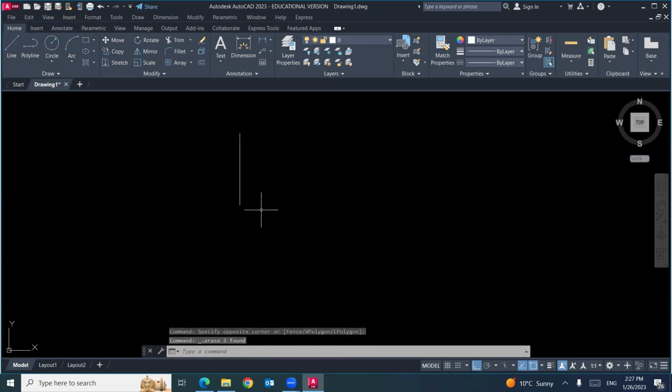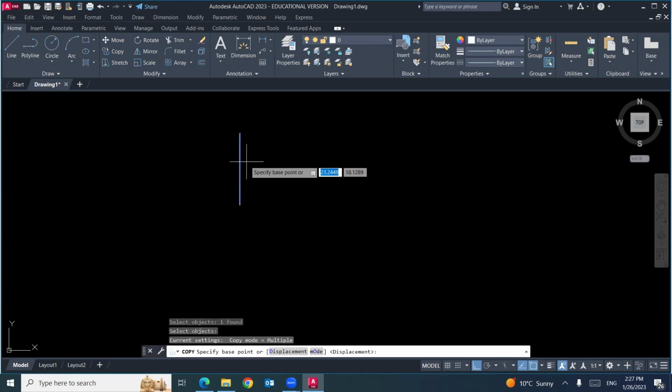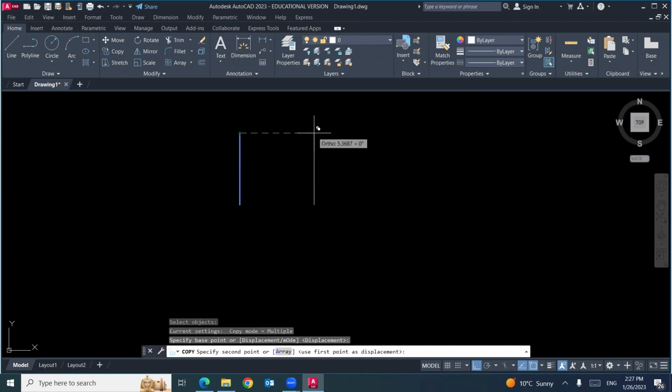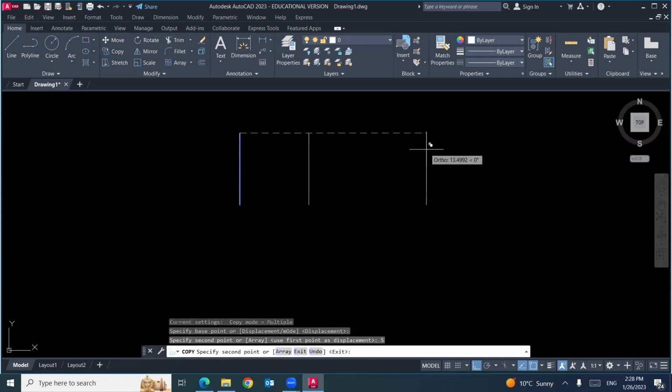You can make a copy at a specific distance. CO, enter. AutoCAD will ask you 3 questions. Select object, enter. Base point, I will catch or hold the line from this point. So AutoCAD is waiting for the next point where you will put your copy. I will not click. I will write 5, enter. That means you did a copy at distance 5. If you put 7, enter, the next copy will be 7 from the original object. If you did 10, enter, another copy.